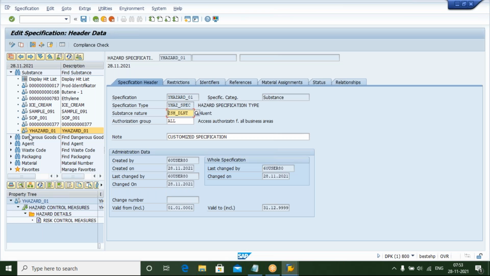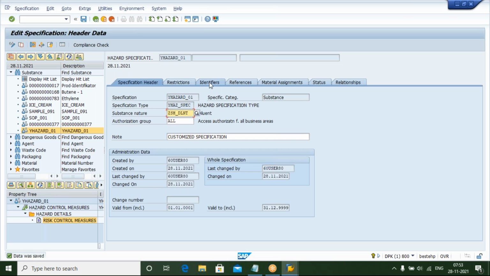Then you can see here your Y hazard underscore 01 specification is added to the list, and simultaneously it is also showing below in the detailed structure area the property tree, with hazard control measures and hazard details as a node, and then risk control measures as the normal value assignment type. Before we can add any data to this, first we have to save the specification,